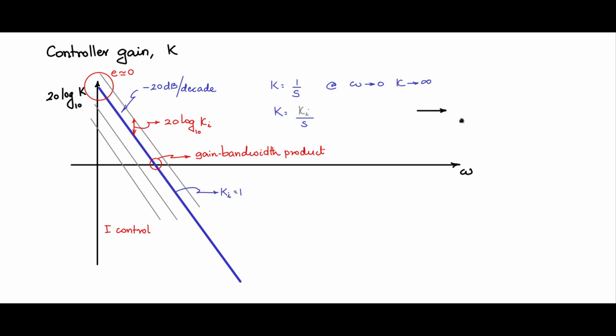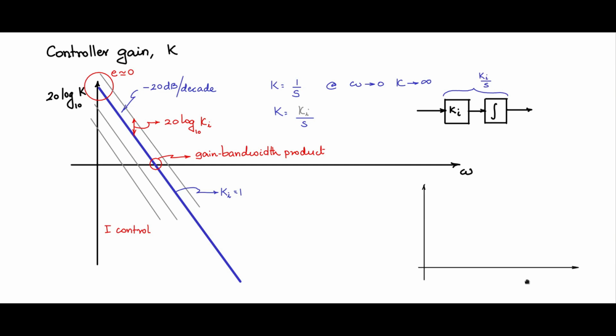So let us now write down our controller. Controller has a Ki here, then passes through an integrator, and you have the control signal. This whole put together is Ki by s. Now let me draw the time graph. So this is time t, and let me have a step response to a step in V0 ref. This is V0 ref. So what happens to the output? The output can be like this, depending upon what value of Ki.